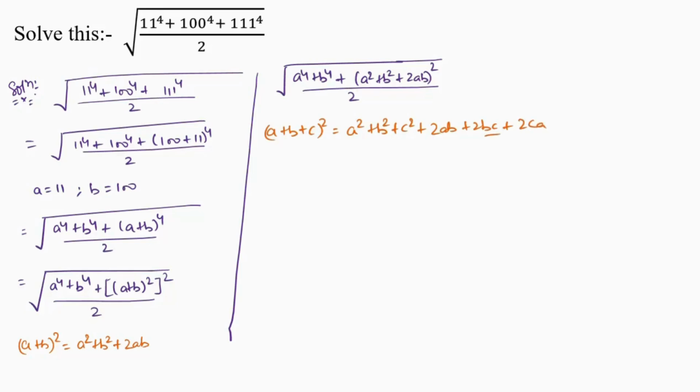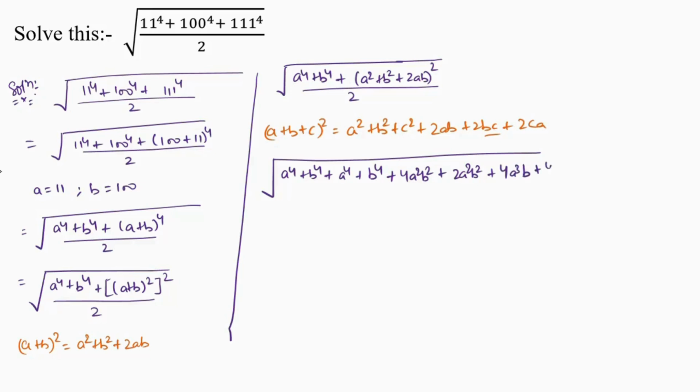So applying this formula, we get the square root of (a raised to power 4 plus b raised to power 4 plus now a square, that is a raised to power 4 plus b raised to power 4 plus 4 times a square b square plus 2 times a square b square plus 4 times a cube b plus 4 times a b cube)